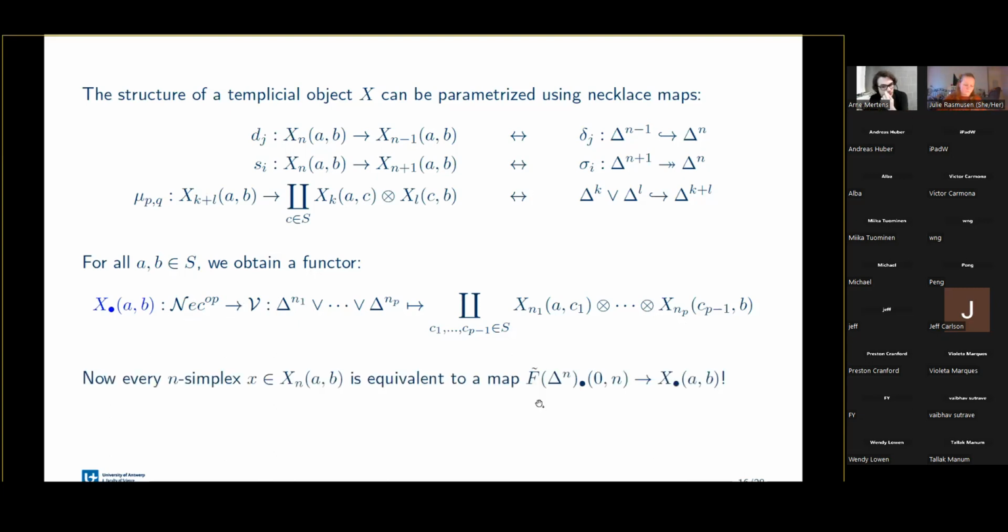And indeed, then we again have access to Yoneda's lemma, which allows us to say that an n-simplex of my templicial object is equivalent to just a map going now from this object to X. This is now a map not in templicial objects, but in this functor category. So again, we can represent simplices by maps. And this is, of course, very important because in the quasi-categorical world, to describe these lifting properties, we want to be able to describe simplices by maps, right? Filling horns is described by a filling condition, a lifting condition of certain maps.